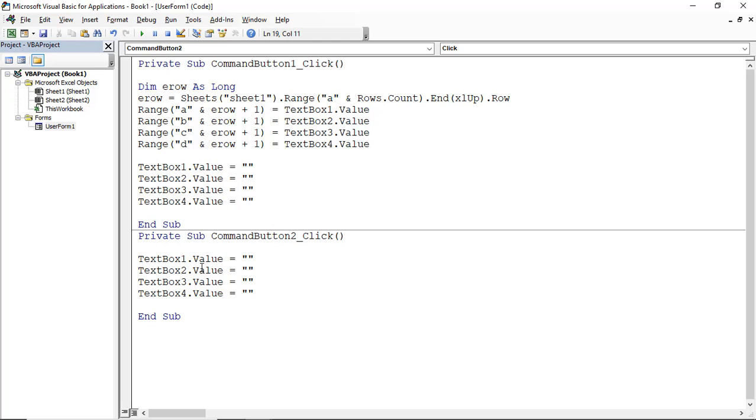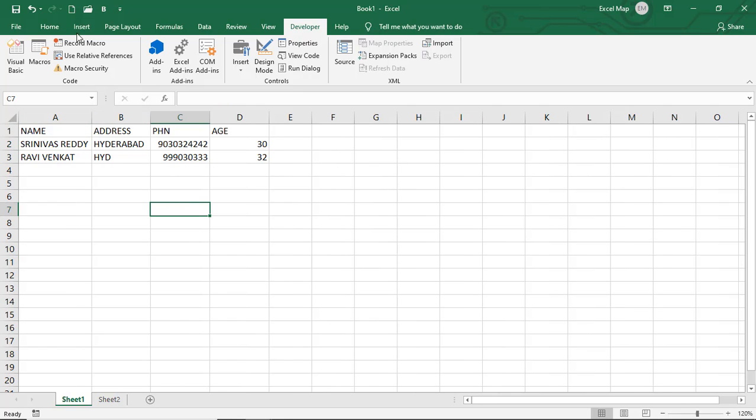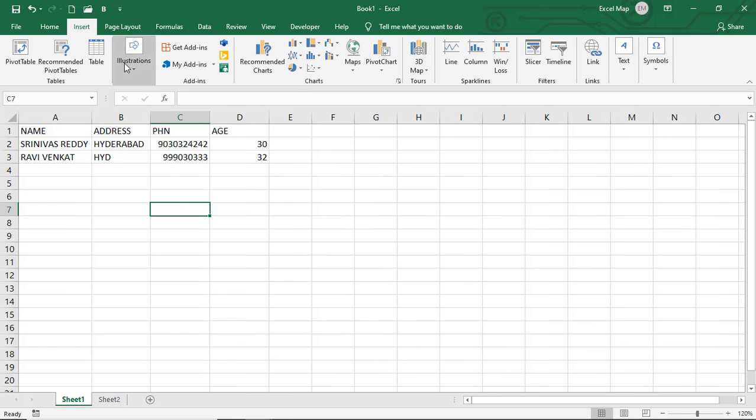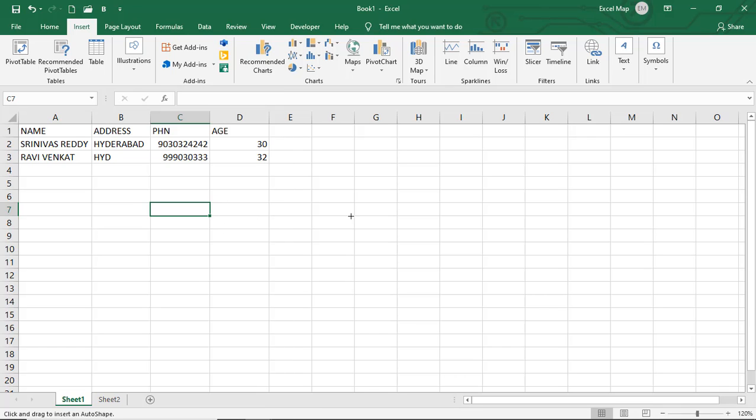But every time we are executing this user form by clicking on this button, this time I want to create it as a macro. So go to Insert, Module. Why? Because I want to assign this to a button. Just go to the Excel, I'm taking one button: Insert, Illustrations, Shapes, select any one shape, draw the shape,